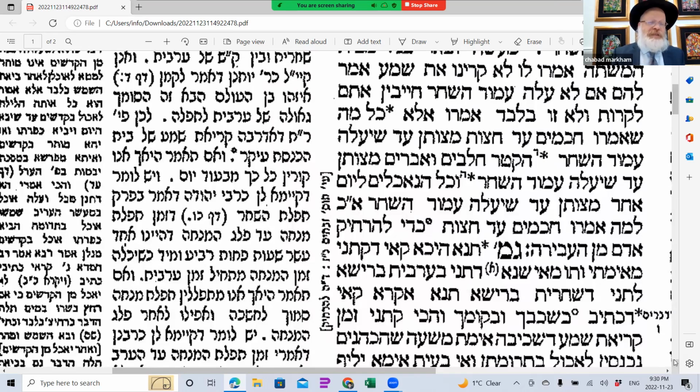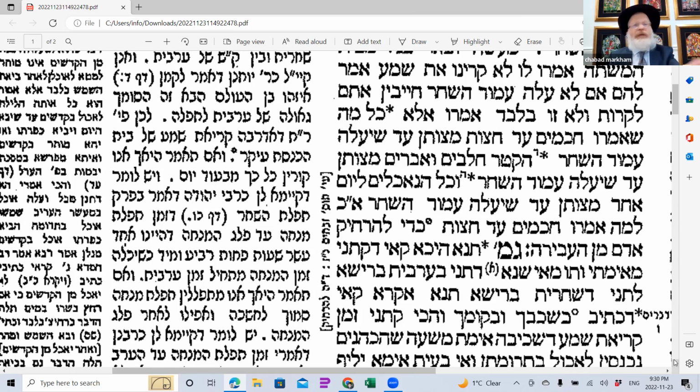Because Ma'ariv is allowed to be davened earlier, so the Shema of the Ma'ariv also you're allowed to daven earlier. And we don't rely on the Shema before you go to sleep, but the Shema of the Ma'ariv actually is considered the proper time. And he goes into the whole explanation of why that's the proper time. I'm just trying to give you here, it's already 9:30, I'm trying to give you a scope. There's a Mishnah, there's a Gemara, the Gemara asks all kinds of questions on the Mishnah. Rashi asks a question on the Mishnah, about understanding how we conduct ourselves, that we daven and say the Shema earlier. So he answers, no, the main thing is the Krias Shema Shelamita.